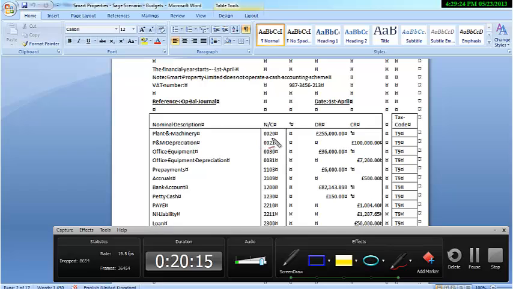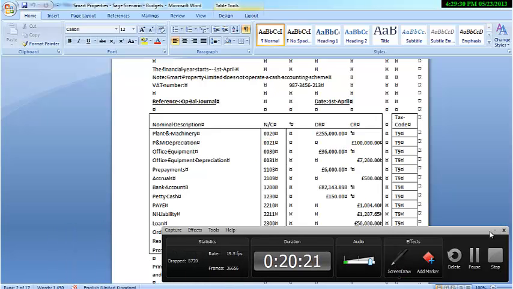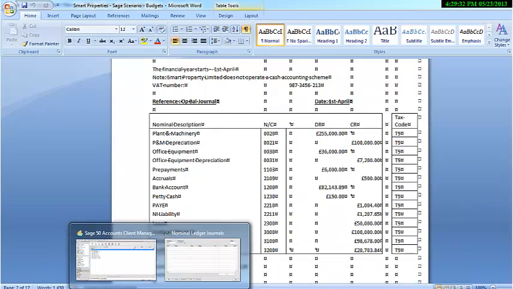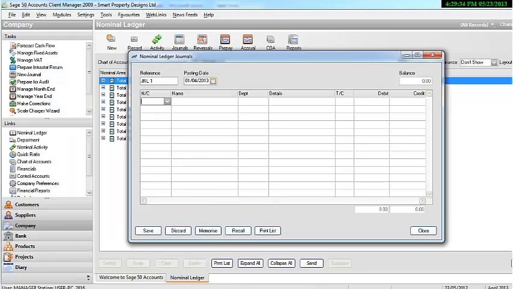Okay, so I'm just looking at this nominal code, I'm going to enter this amount. So that's the first transaction I'm going to enter. Okay, so you can see here the cursor is flashing. It defaults to the N/C. I'm just going to type in